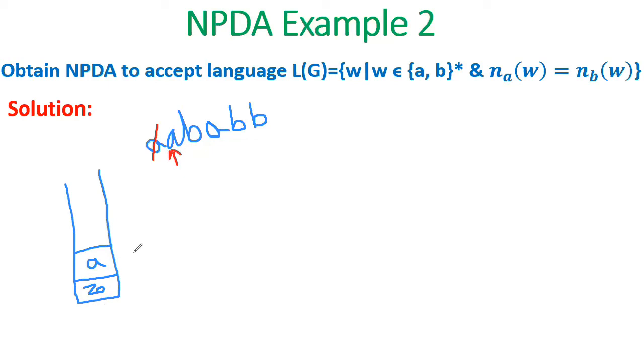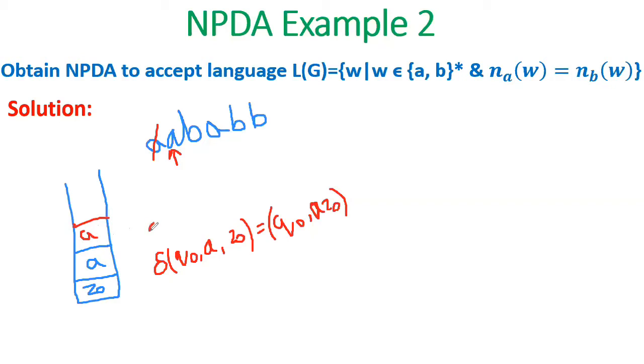Now, first let us write a transition for this. Transition from Q0. You got A symbol and the top of the stack is Z0. So what you did, you pushed it onto the stack. That is Q0, Z0, AZ0. So this is what you did to push the first A onto the stack. Now the second symbol you have got is A. So what I will do here, that second A also I'll push it onto the stack, right? So you can see here, if you are getting same symbols, you will push it onto the stack.